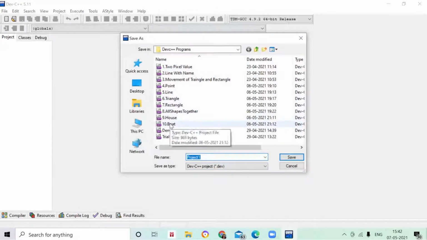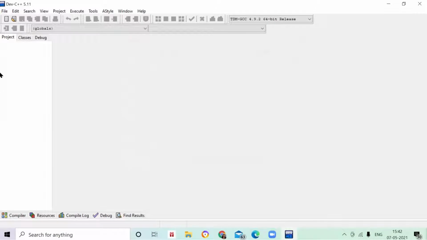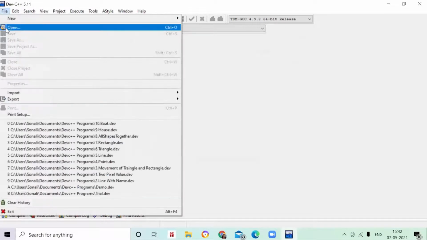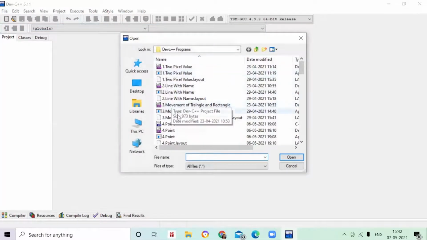I have many programs which I have already done, so I'm not going to start with a new one. I just want to show you the programs I have already done. Some 10 programs are there. I just want to show you the program code with the explanations, but you can add a new project in this way. For the timing, I'm just canceling it. I want to open my existing folder where I want to show you the point program. So, how to draw a point in the output screen.